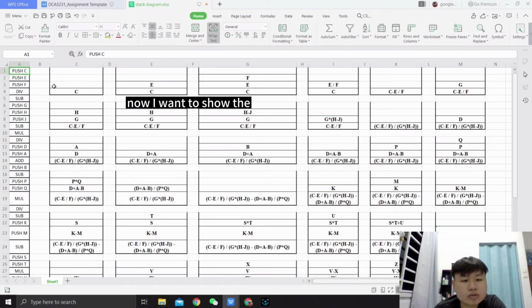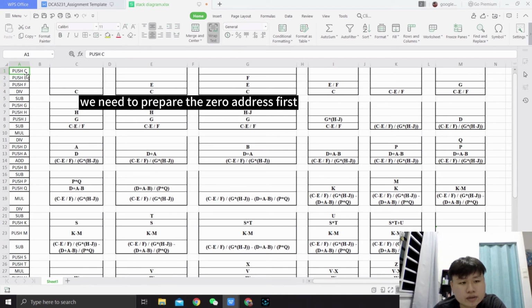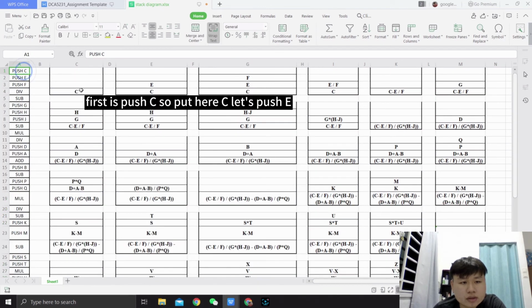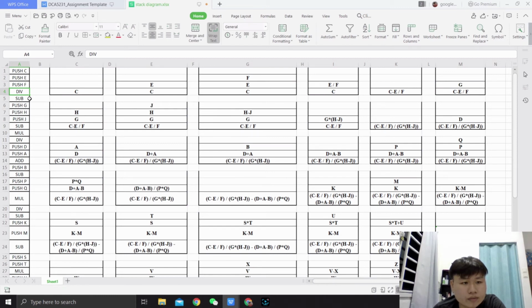Now I want to show how to solve the stack diagram. So if you need to do the stack diagram, we need to prepare the zero address first. So this is our zero address. Okay, first is push C, so we put here C, and then push E, put here E, and then push F, we put here F. Then divide, we take E divide F, and then subtract, we take C subtract E divide F, and then push